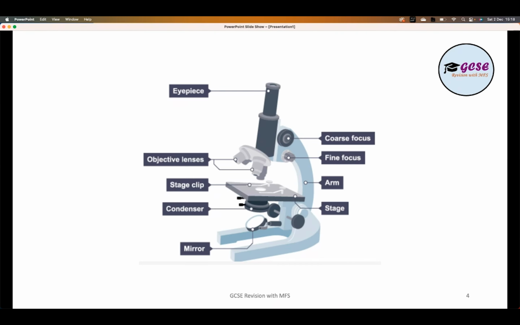We've got the coarse focusing and fine focusing knob. What they do, their purpose is to,